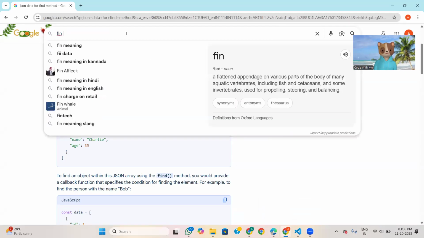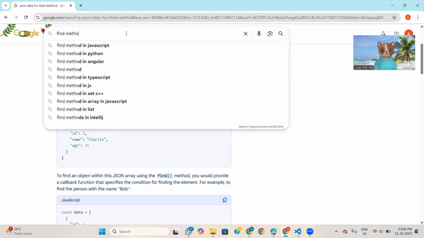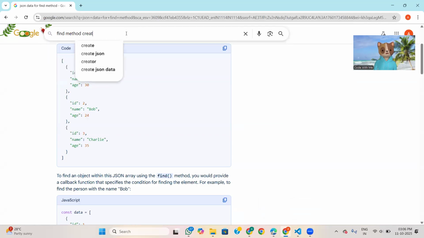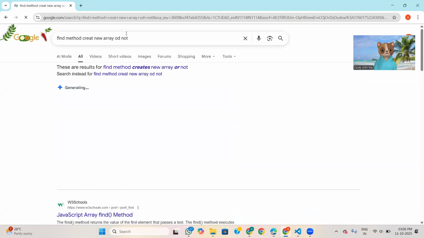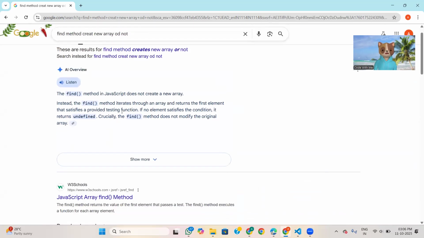Now I have one question: does the find method create a new array or not? Find method in JavaScript does not create a new array. Find method iterates through an array and returns the first element that satisfies the provided testing function.